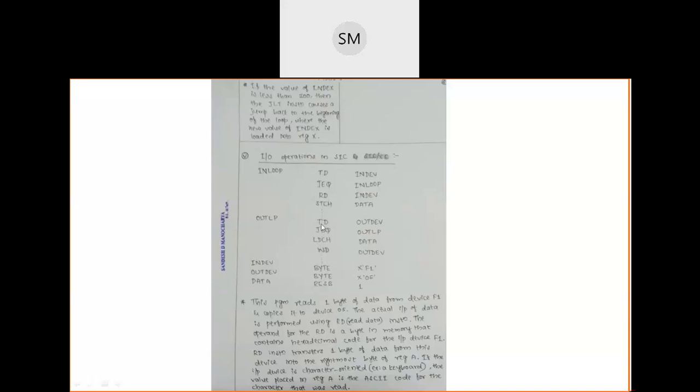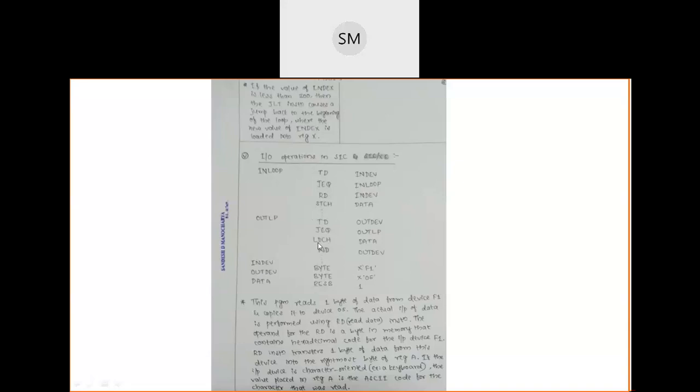Next, once again, output data: you check whether the output device is ready to write the data or not. And again, if the CC value is equal, your output device, the monitor, is not ready to write the data or display the data on your monitor screen. Now keep on executing this loop, OUTLP, the output loop. Keep on executing. Once the output device becomes free, then you execute this LDCH.